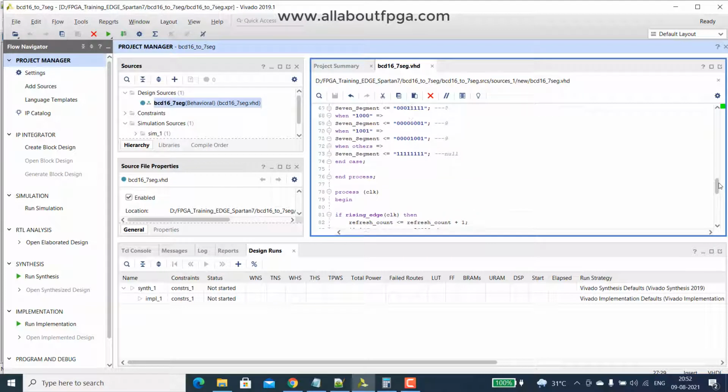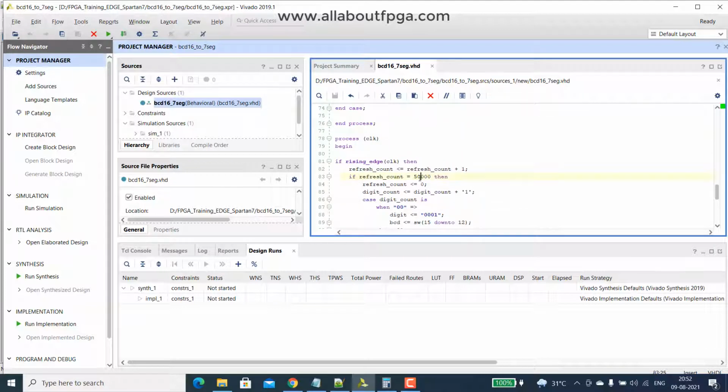So let me explain. Every 1 millisecond it reaches, it resets that refresh count, but it quickly moves on to digit count. That digit count will first activate the first digit and display that switch data to BCD.